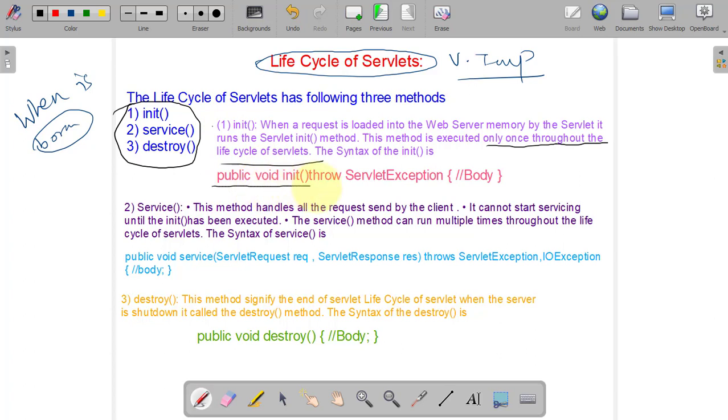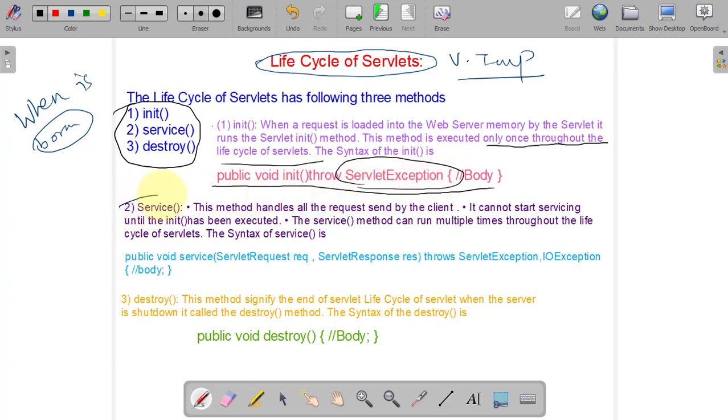This is the syntax of the init method: public void init, open bracket, close bracket, and throws ServletException. If for some reason the servlet does not initialize, or there is some problem on the server, the init method will throw an exception called ServletException.